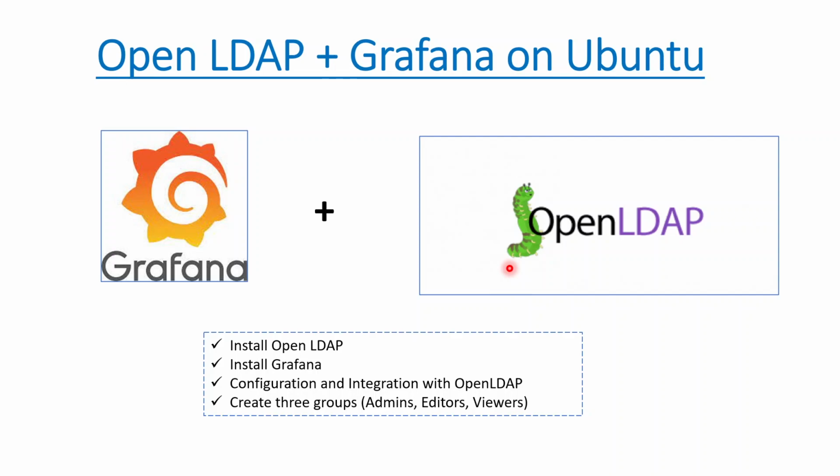So, what are we gonna do today? This is a lot of requests that is coming up: how to do authentication using OpenLDAP with Grafana. So today we are trying to do the same thing with the help of a small demo. We'll be doing OpenLDAP plus a Grafana installation on an Ubuntu machine and see how we can access our EC2